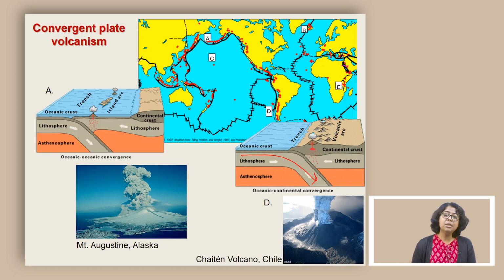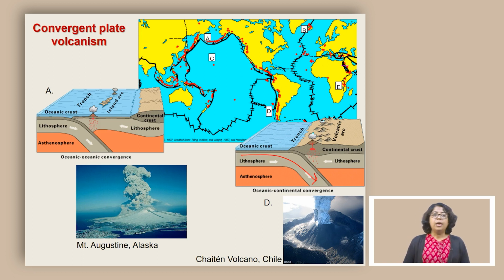If it is a continent-continent convergence, often because both of the plates are relatively light, there is a lack of subduction. They often collide and make long mountain chains such as the Himalayas, and melting is relatively limited. So, therefore, we are going to skip it at this point. We are also going to focus on oceanic